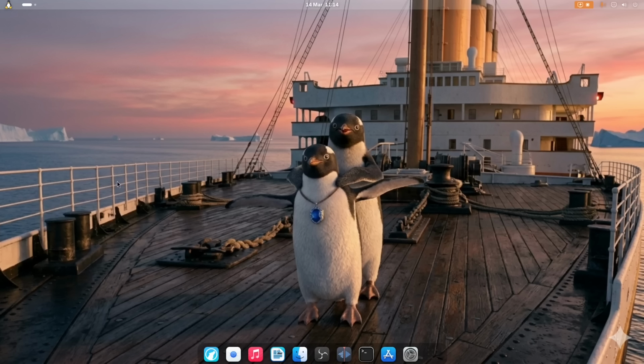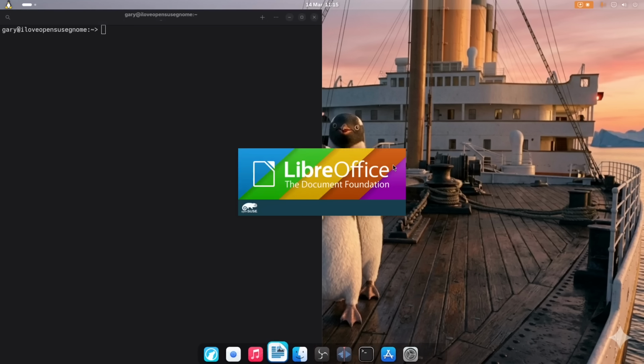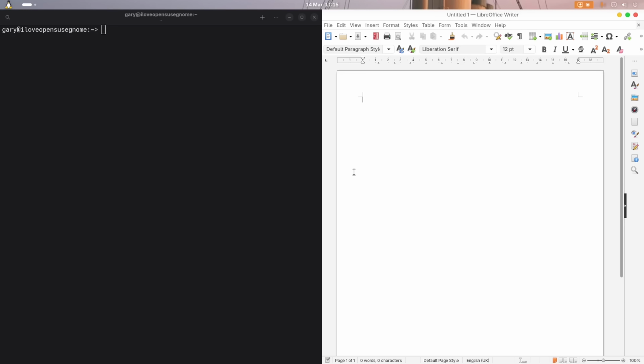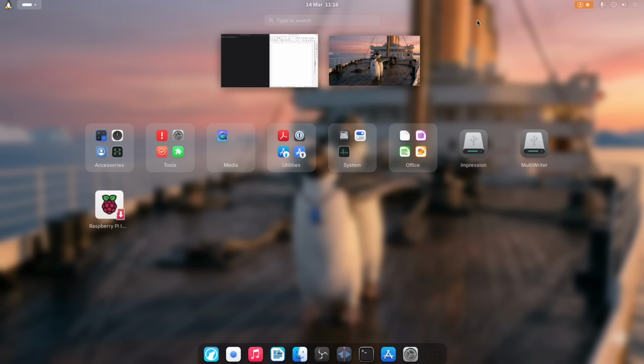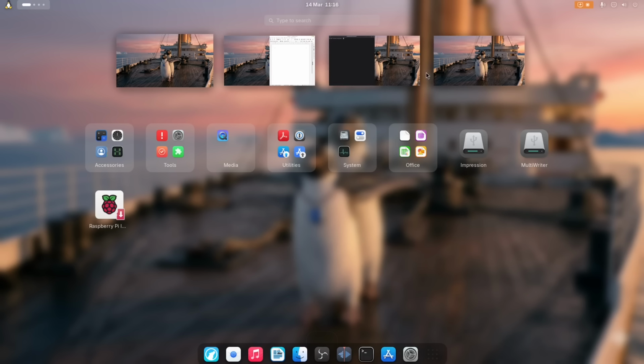So as a desktop environment, it's really easy to use. We've got things like window snapping, as we've got here, and you can see my little bar at the bottom disappears depending on what I'm using. So if I have LibreOffice Writer over here, I can snap that to the right like that. So we can have window snapping. Now I can move these apps to a different workspace. If I press Alt and A like this, I can drag this one over here onto there. And if I want to, I can add this one over here like that. And if I want to open this in a workspace, you can see I can drag it onto a workspace